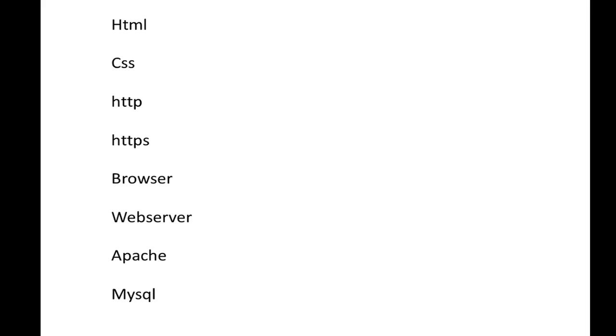So far we have explained these concepts. HTML is for creating the content of web pages. CSS is for modifying the appearance of the content that we have created using the HTML. HTTP is the set of rules, or the protocol, which both the client and server should follow in order to